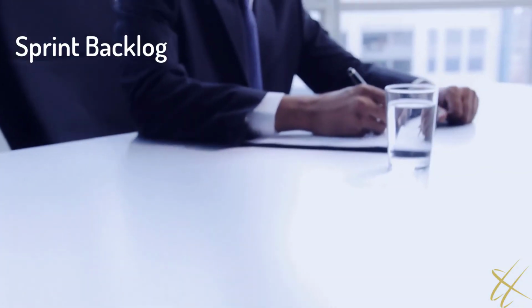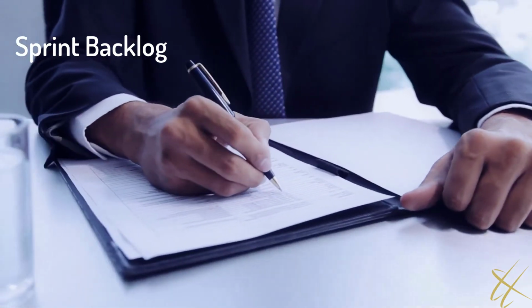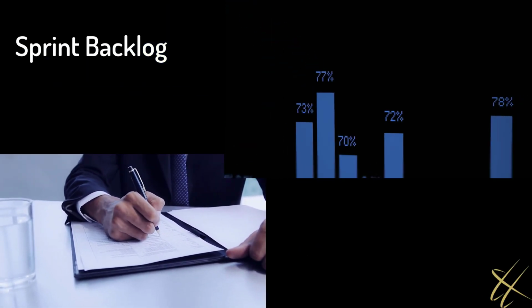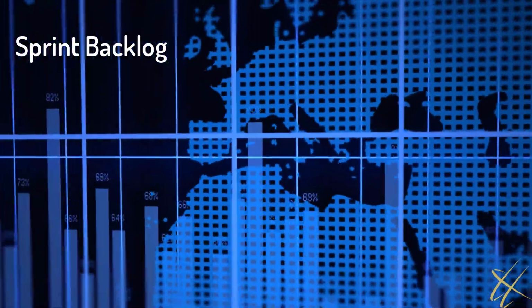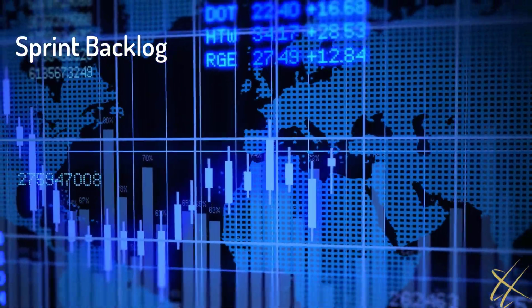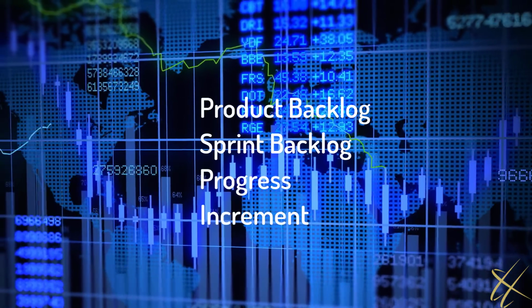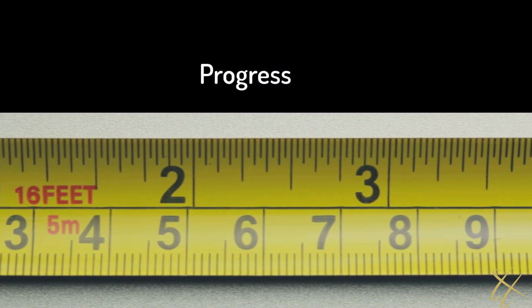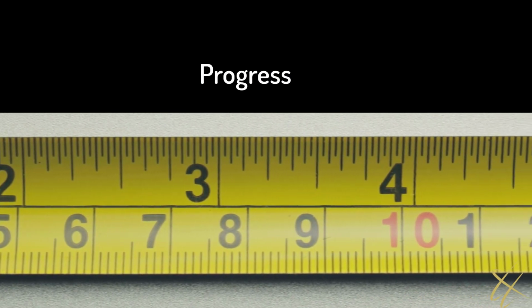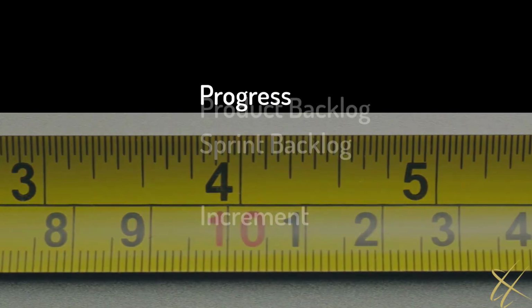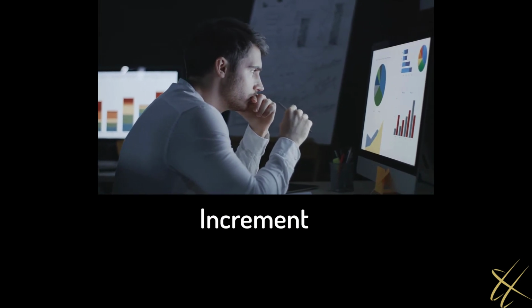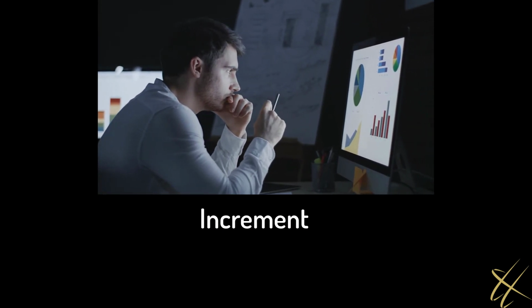The Sprint Backlog includes the Product Backlog items that are part of the sprint goal selected during sprint planning, and a forecast by the development team about what will be in the next increment and the work that needs to be completed to deliver that increment. Progress towards a sprint goal should be able to be determined at any time based on the work remaining compared to the team's capacity within the sprint. The increment is all of the Product Backlog items completed during the sprint and can be inspected as part of the sprint review.